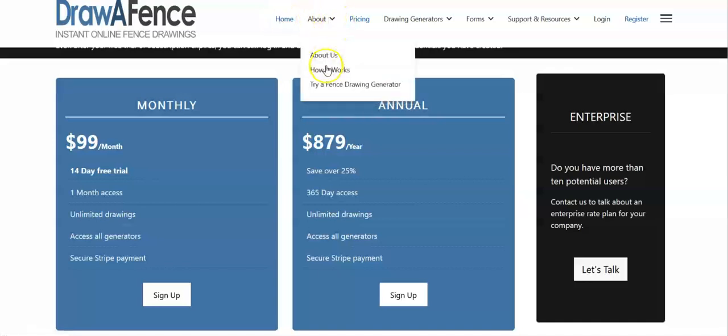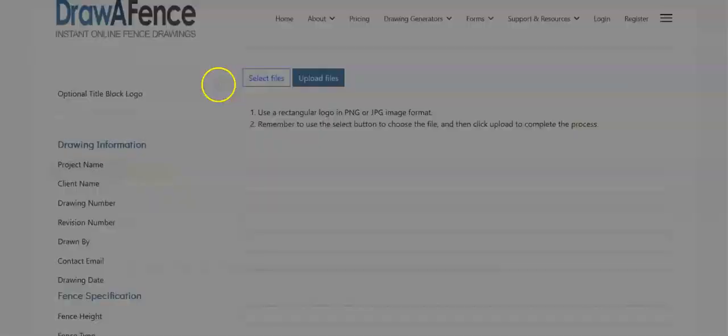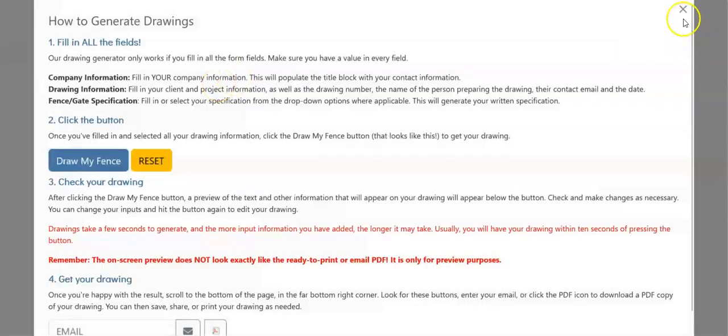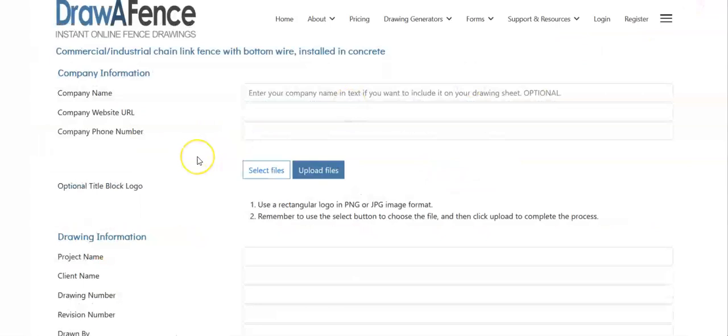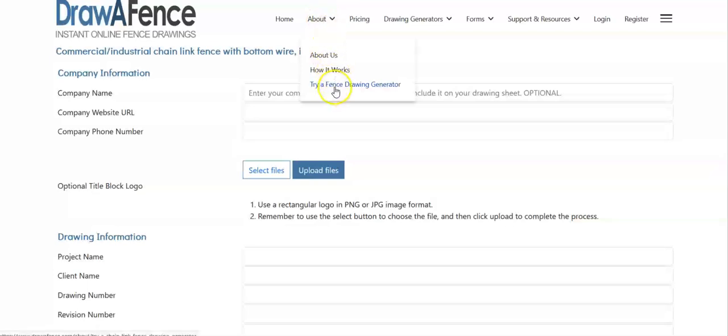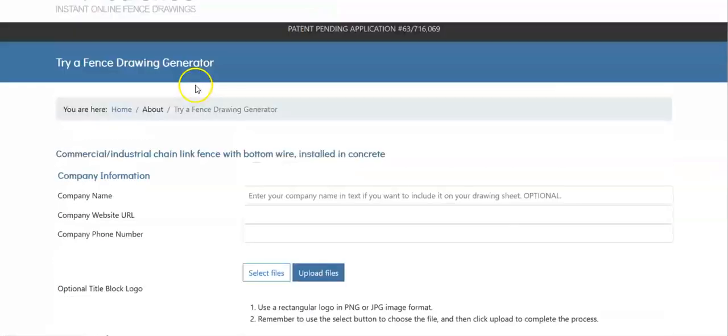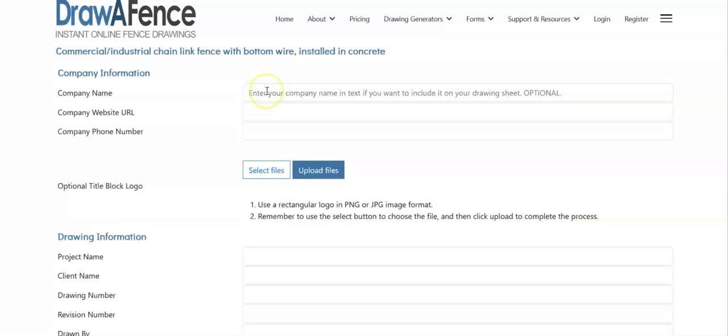And then if you go to the About section, there is a drawing generator right here that you can use without ever signing in. And this pop-up does come up every time you log into the site for the first drawing generator that you're doing, just to remind you what you need to do. But it really is super simple, so it's highly unlikely that you're going to forget how to use the tool. But yeah, if you want to try it without signing in, without subscribing to anything, you can just go to try a fence drawing generator, and it's going to give you that same drawing generator that I did first with the chain link, and you can see how it works, try it with your logo, see how it looks, do all the different combinations,